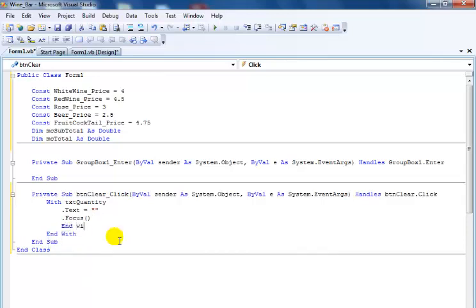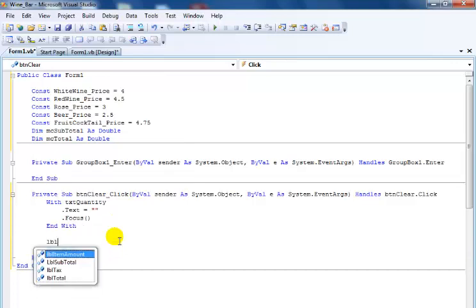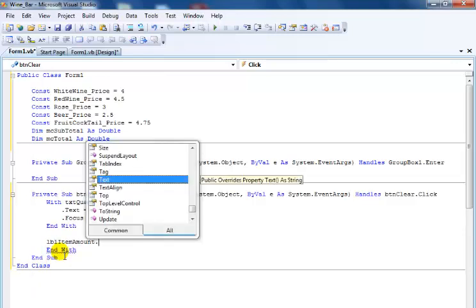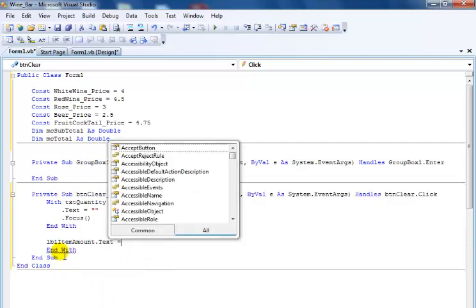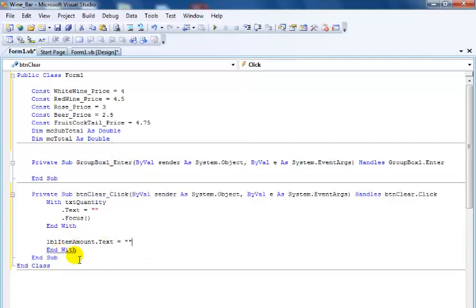End it. So LBL amount dot text equals, let's clear that,